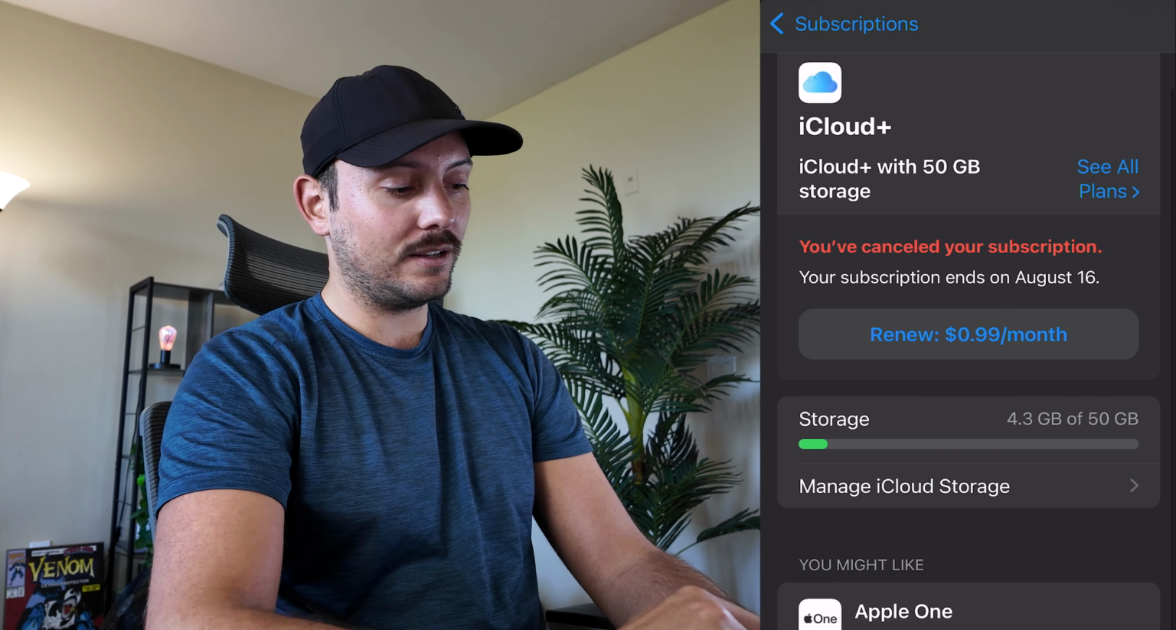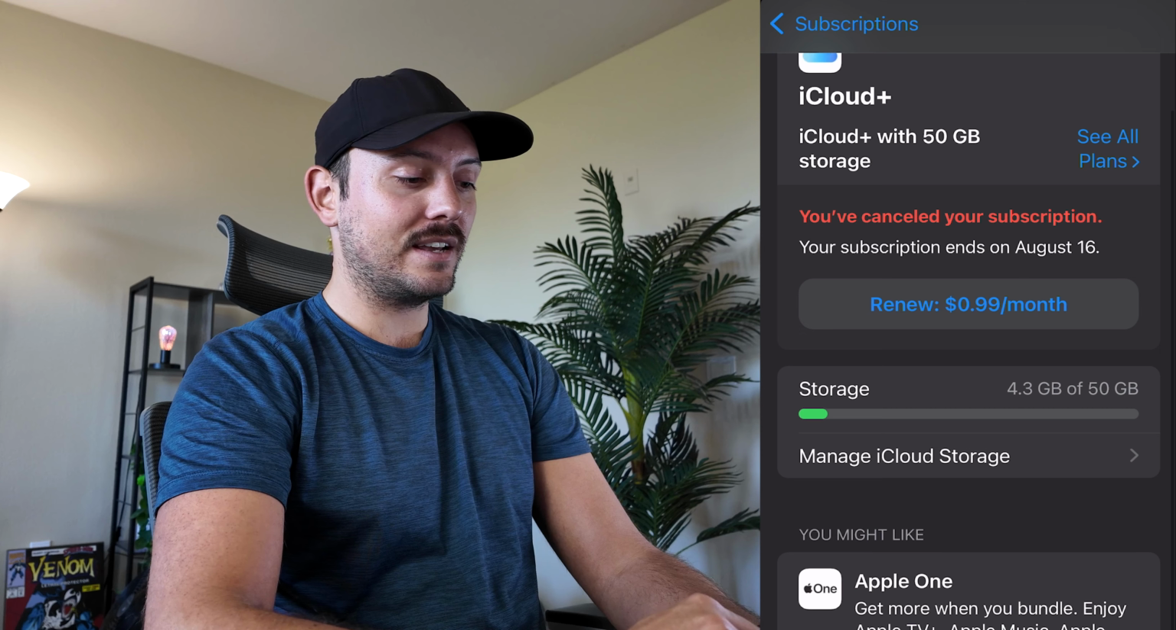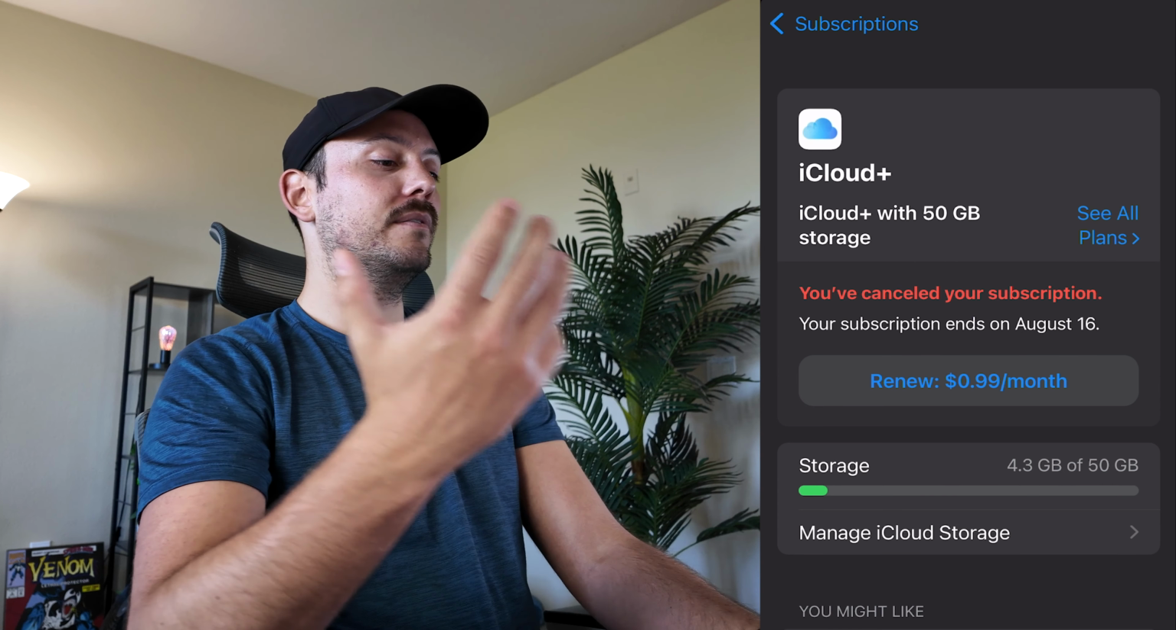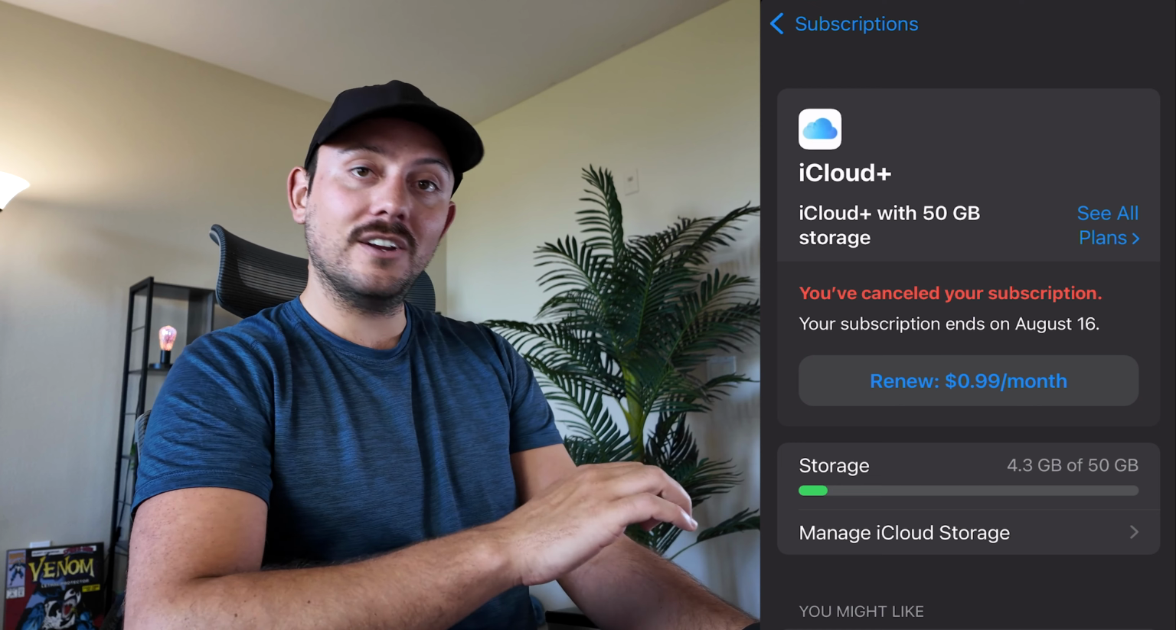I could also go back and click renew if I'd like to and manage my iCloud storage and other pieces of this particular subscription. But if you're looking to cancel, this is the page that you're going to cancel your